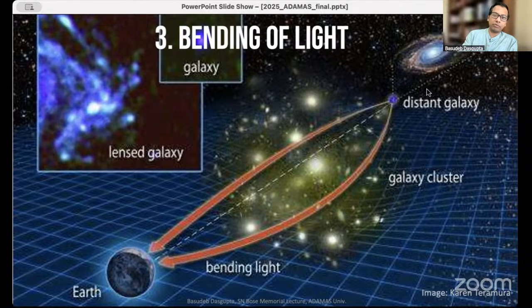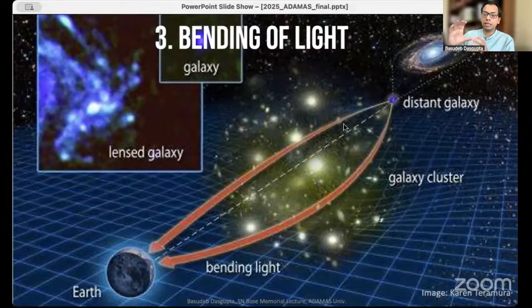We will see the image of the galaxy here, which is the true one. And then if I extrapolate these curved lines through which light is coming to us, we will see other images. This is called strong lensing. And this has been seen, and this was predicted by Einstein's theory of relativity. And using the amount of bending and the magnification of these images, one can actually make a map of how much mass must be there in the intervening region in order for such images to be produced. So this has also been done.